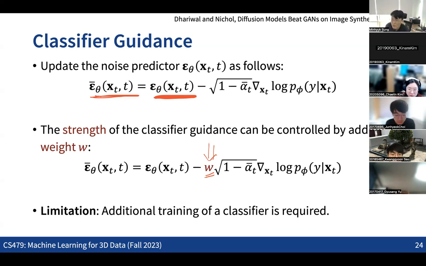Then you can see that the limitation here is that we need to train the additional classification network, right? So it is taking another time, and also this should be trained after we train the DDPM model, right? Because we need to take all the XT as input. So this is not just images, but the noisy images that we are seeing in the intermediate reverse process.